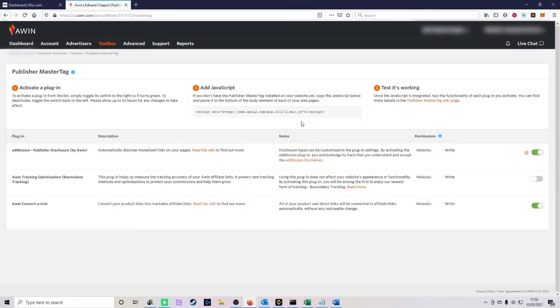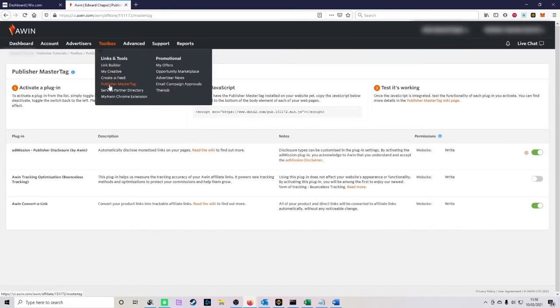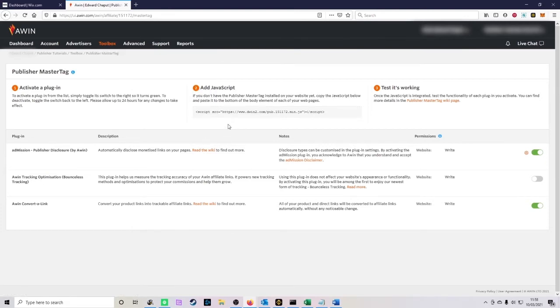The first thing you'll need to add the Publisher MasterTag to your Wix site is the Publisher MasterTag code itself. This can be found in the Awin UI in Publisher MasterTag from the Toolbox menu. Copy the code